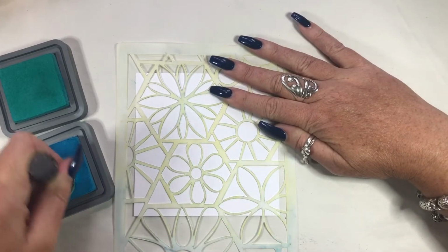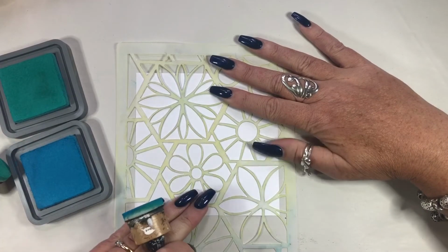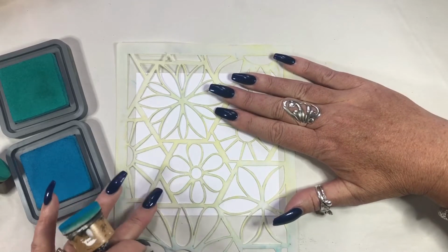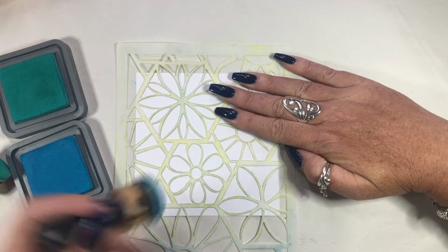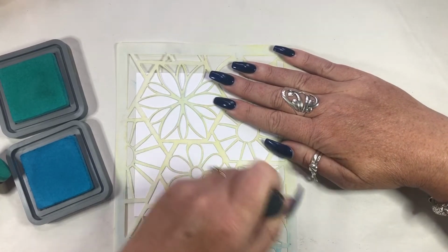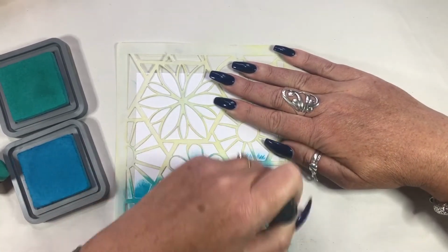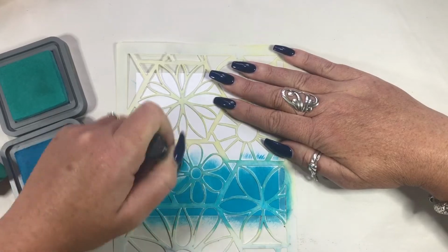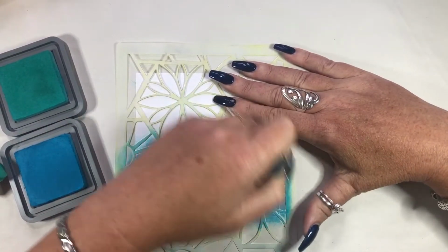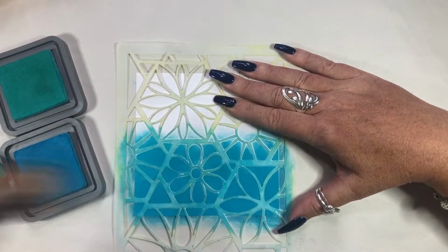So I'm going to start with my darkest colour. I'm going to get my sponge in there, get some colours going on. Now I'm making sure that I'm holding the stencil and the paper, the cardstock that's underneath, in place, because otherwise obviously something is going to move around at some point. So all I'm going to do, circular motion, I am going to start blending that colour out. It is nice and rich. My pads are actually quite new, so they are quite rich in colour, but it doesn't matter if they're not,